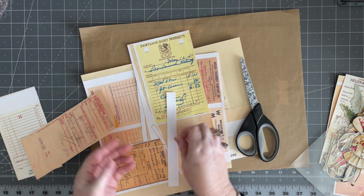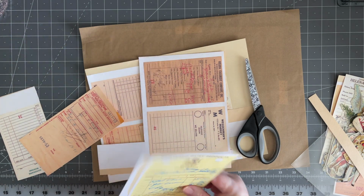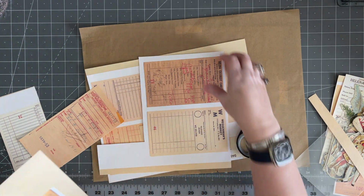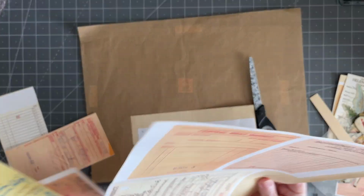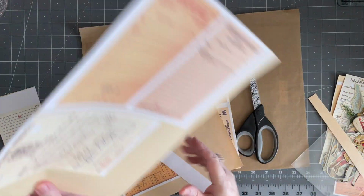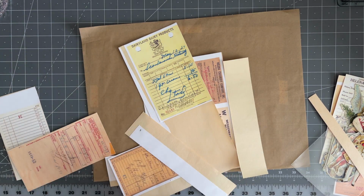I made a mess out of that one. I mucked it up, as one of the girls would say. Yeah, that was not my best. Okay, let me see if there's anything else I want to use right this minute. I really like this one. Let me do this one just in case I get to it. This one kind of has a funky little...